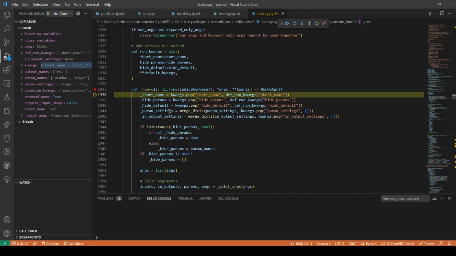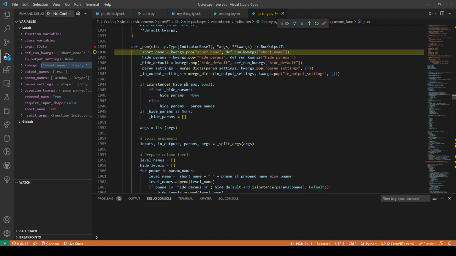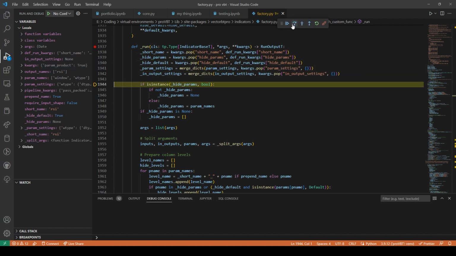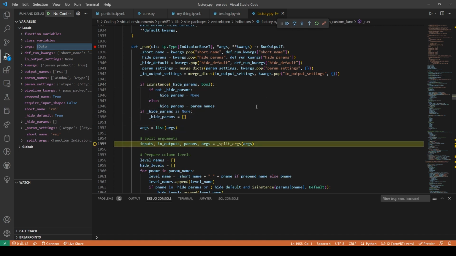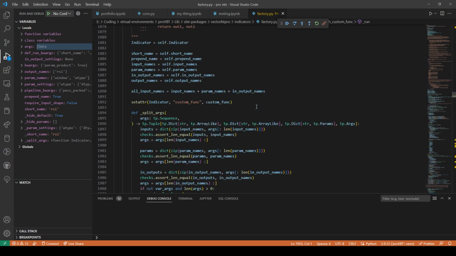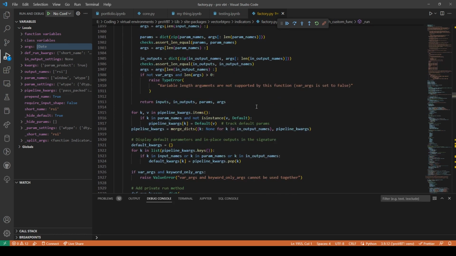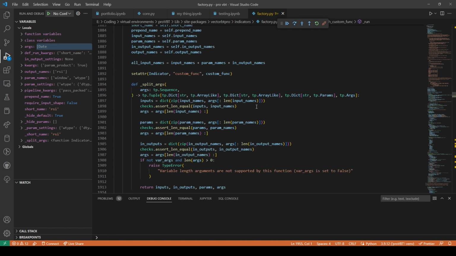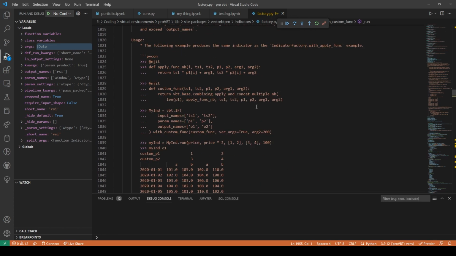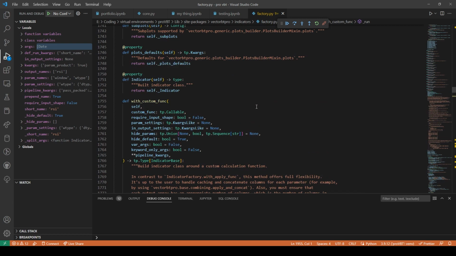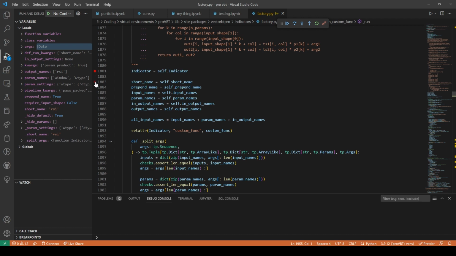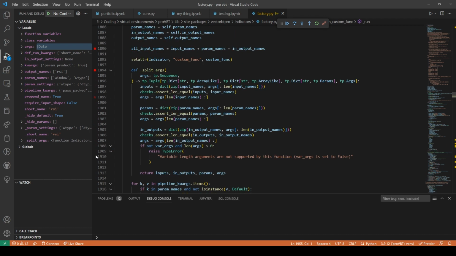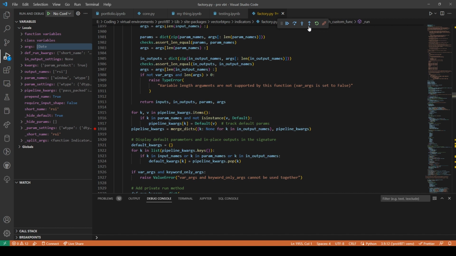Short name, params, hide settings, output settings, is instance. Do I do anything here?